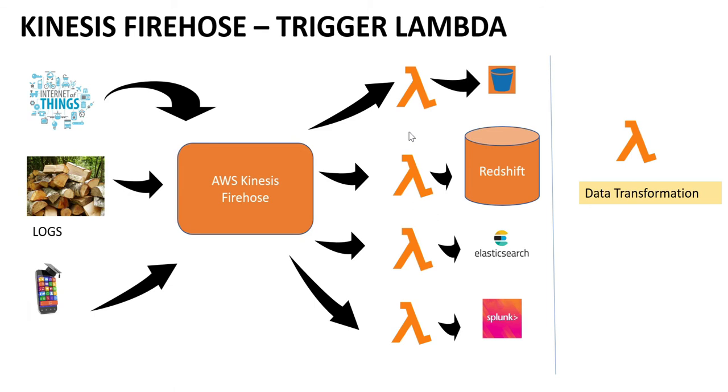I mean, that Lambda execution should happen in, say, I think it is 10 minutes. It should happen in that, otherwise the processing stops. So you cannot use it as ETL. For ETL purposes, you should use Glue. You can only use it for minor data formatting, minor data transformation, because it will help you reduce the cost.